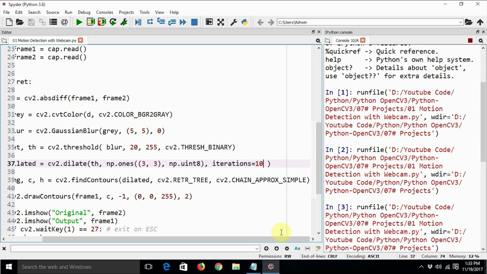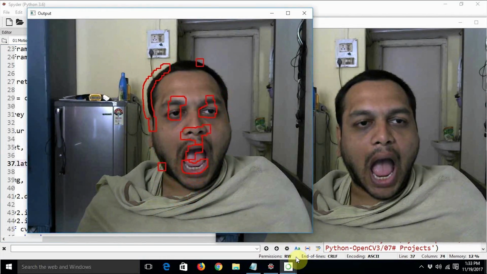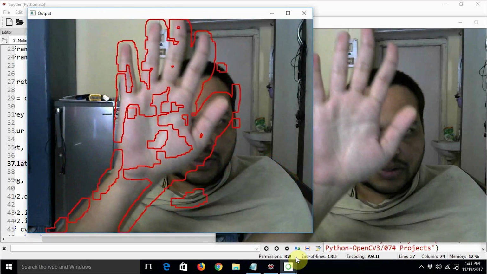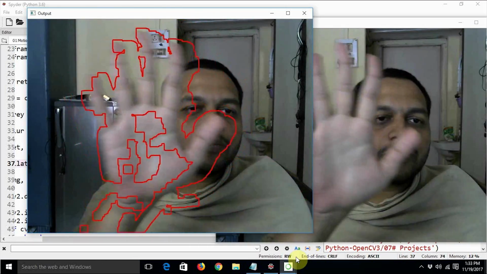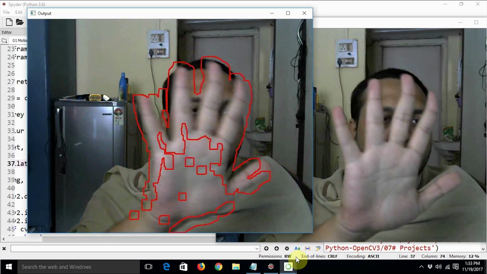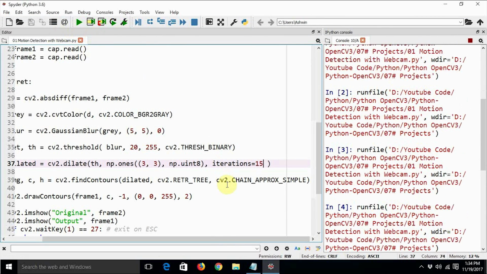So let's see. 10 iterations on this is kind of dangerous. Yes, you can see the boundaries of the movement have expanded. So I can even make this 15. Anyway, I'm going to apply the erosion techniques in order to contract the boundaries.